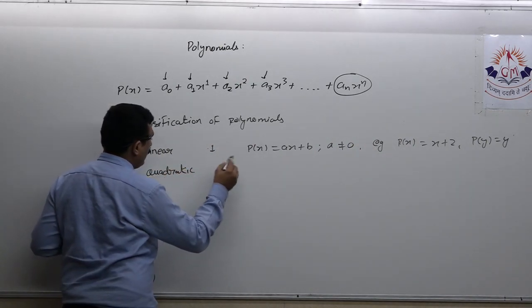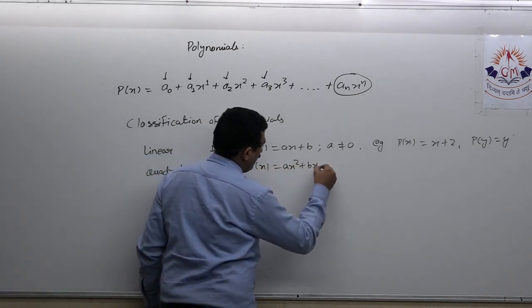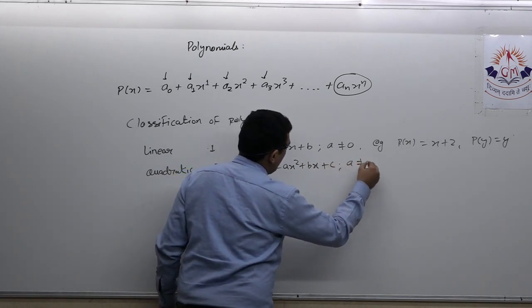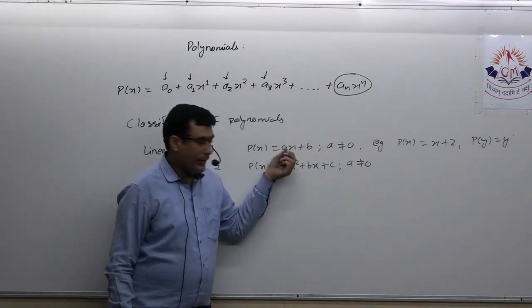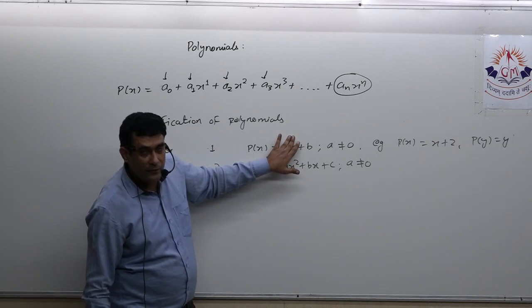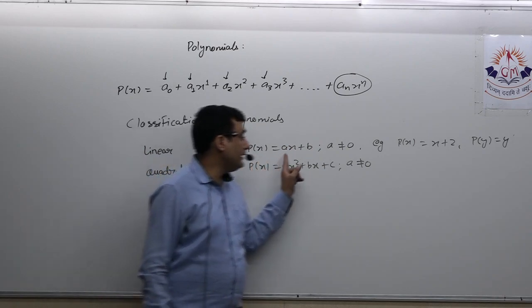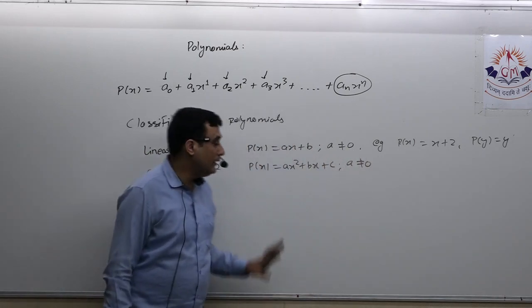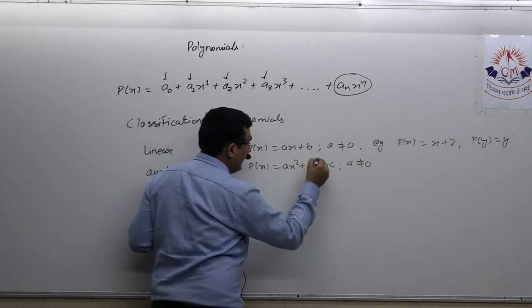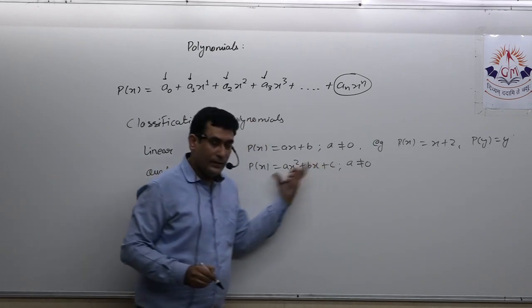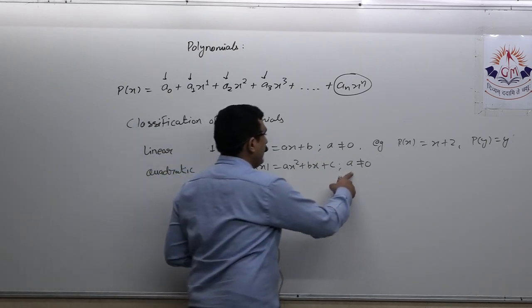Then after that we have quadratic. A quadratic polynomial has degree 2. Standard form is ax square plus bx plus c, a should not be equal to 0. Now why am I writing a should not be equal to 0? If I make a 0 over here, that means this term won't be there. Then the maximum power of the variable will be 0, and this won't be linear, this will become a constant polynomial. Similarly over here, if I make a 0, then this term won't be there. In that case the maximum power of the variable will be 1 and this will become a linear polynomial. This won't be a quadratic polynomial. So a should not be equal to 0.